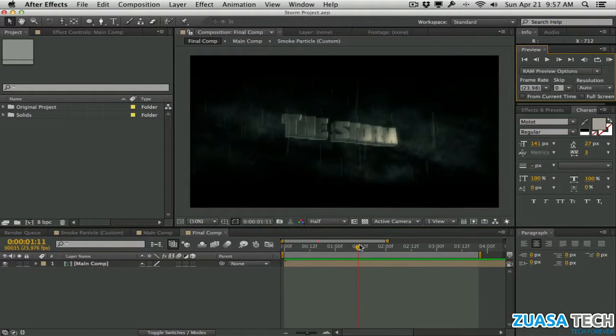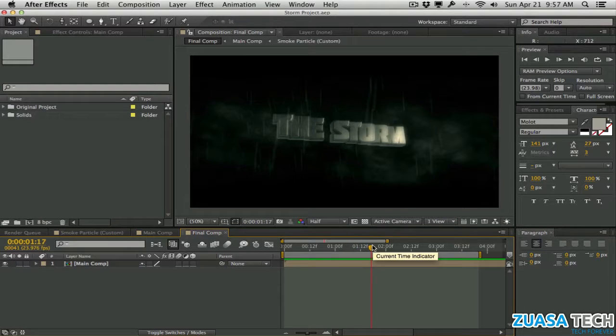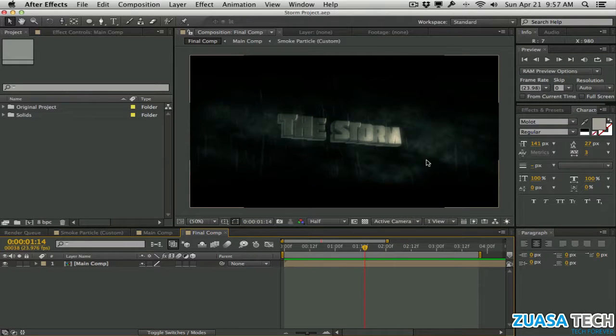So as you can see, we have this nice cloudy background all created in Particular. We have these rain particles also created in Particular. We also have this nice 3D text, which is created in Element 3D, and we're going to be taking a